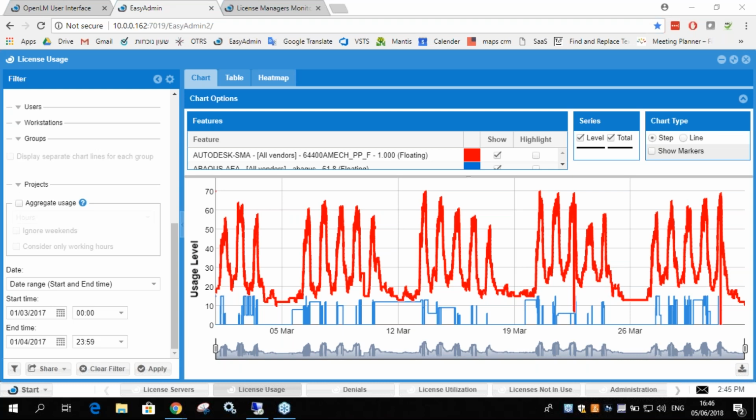Can OpenLM automatically generate reports and graphs? I think it can. Is this an extension? Now, this is an extension, but it's a free extension. It's called the Report Scheduler. Again, it's a free extension. You can schedule different reports. If I click on Share and I click Schedule right here,